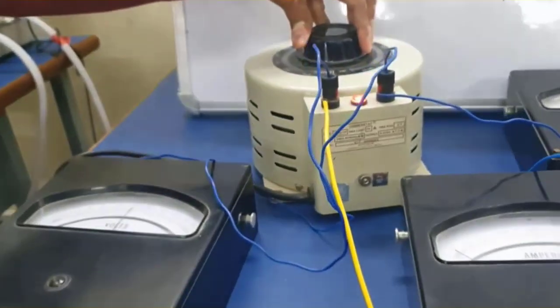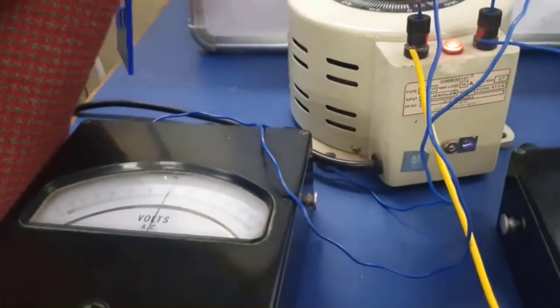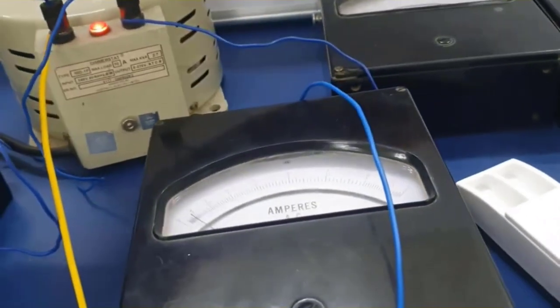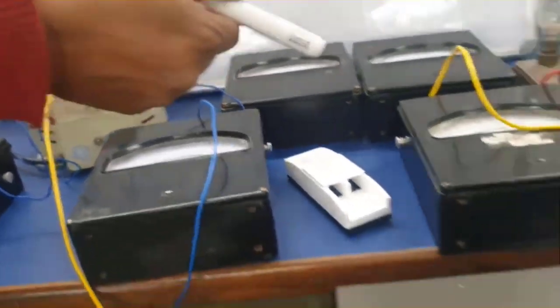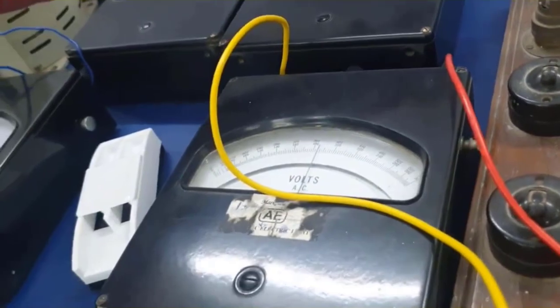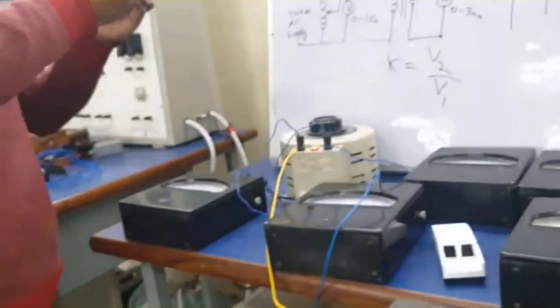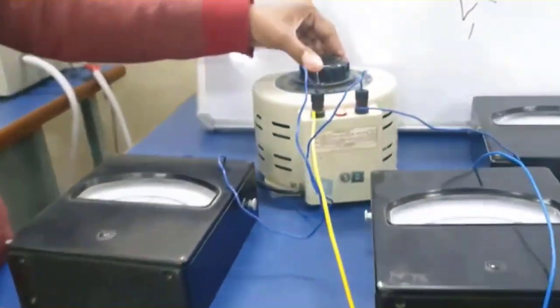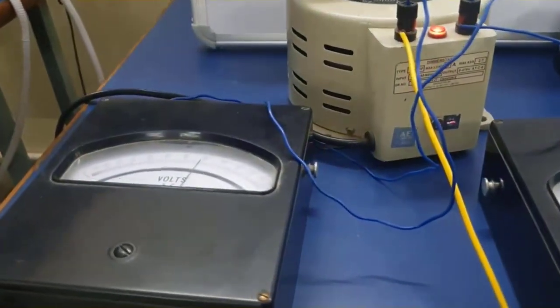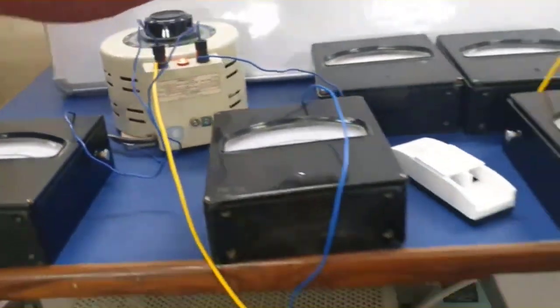Yes, it is the 90 volt, and the current is increasing, 0.3 ampere, and the voltmeter reading here is 184. For taking the second reading, set another primary voltage. Suppose we set 100 volt. It's 100 volt,